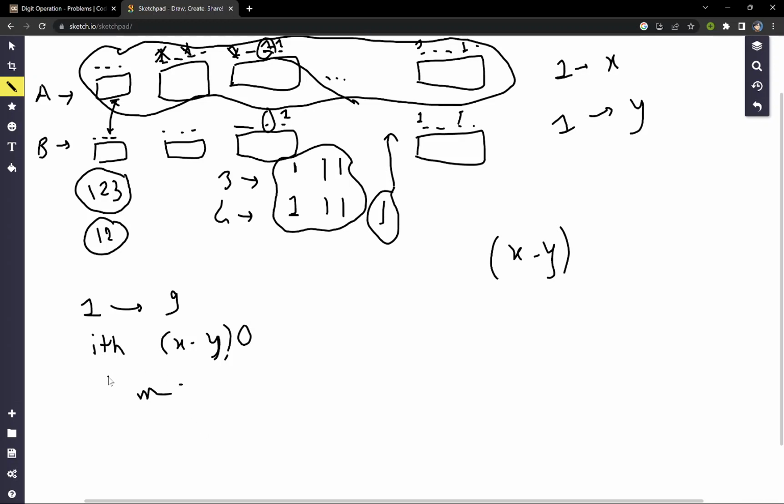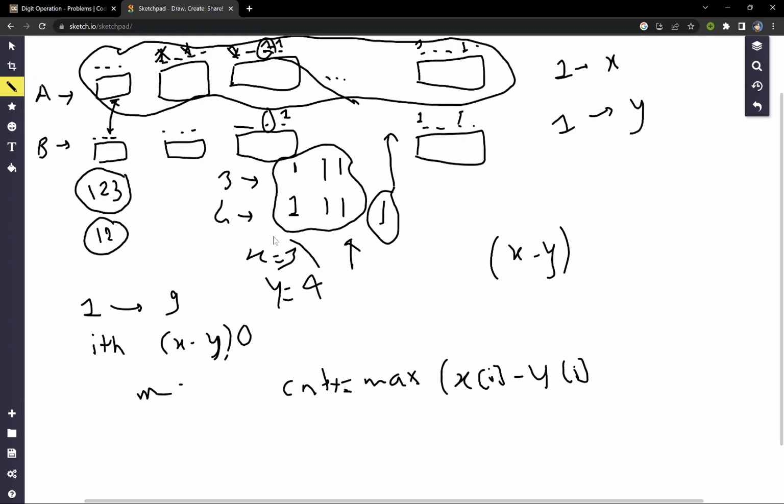So for each iteration from 1 to 9, we have to count the type 2 operations we have to include. It will be the maximum of the count of the ith character in array A, suppose it is x_i, minus y_i. It can be negative, like in this particular example here x is 3 and y is 4.